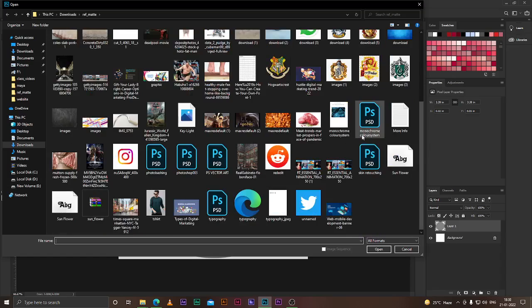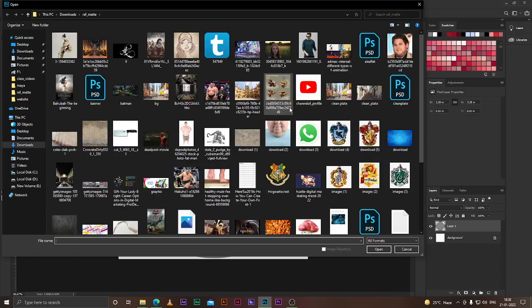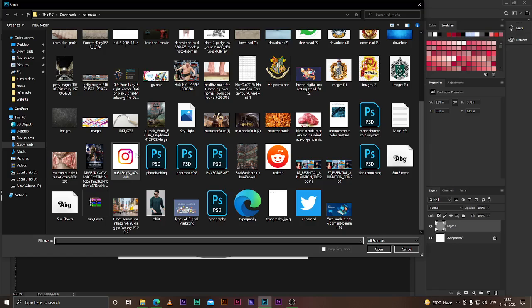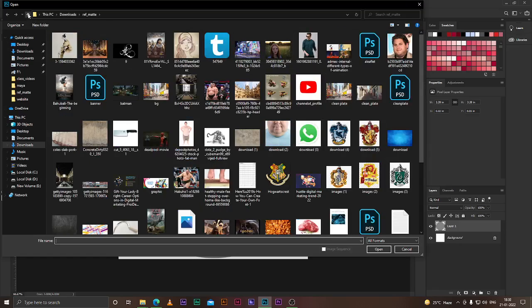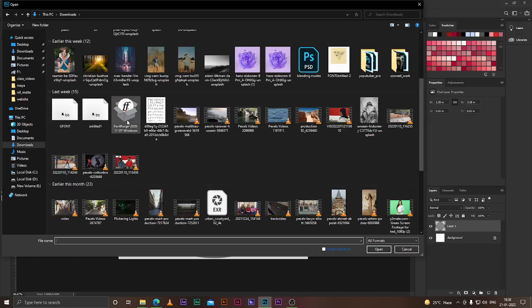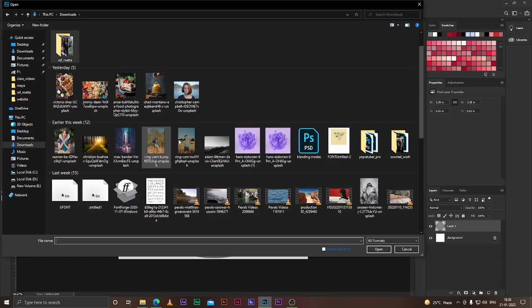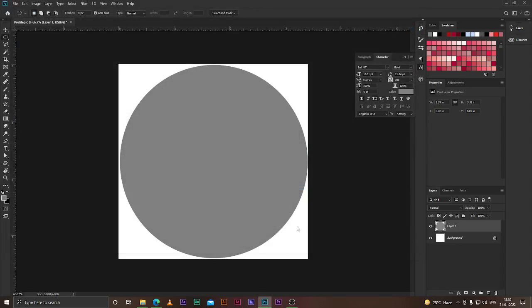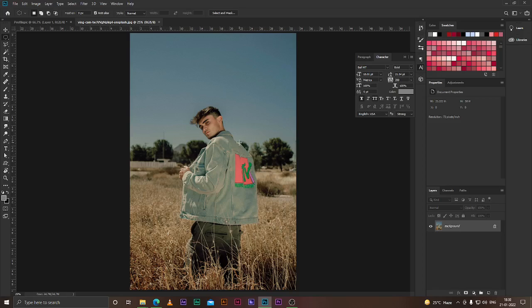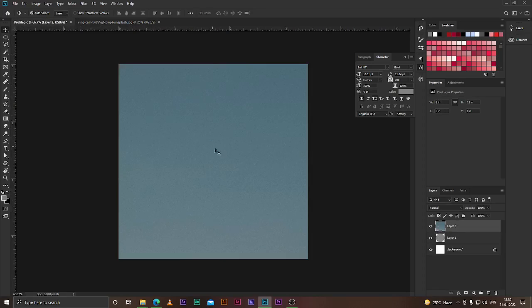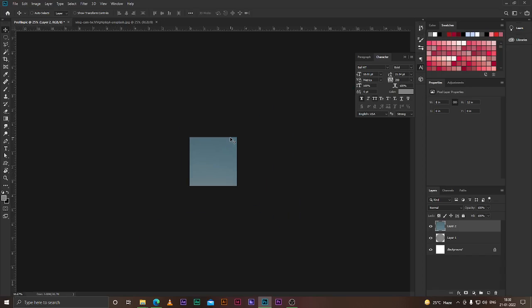So let's just say I have this chap over here. I'll select him and put it over here. Now as you can see, it completely turned blue because the image was pretty large. So I'll just drag it in order to get it in position.